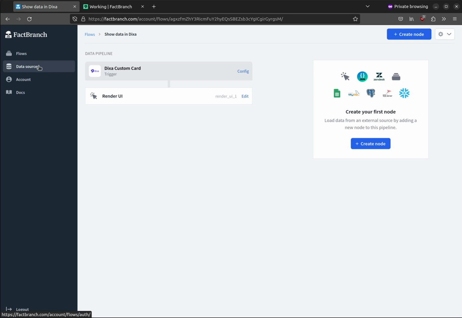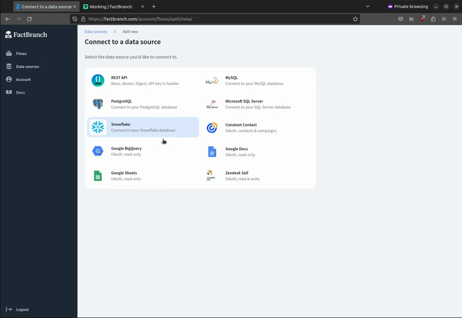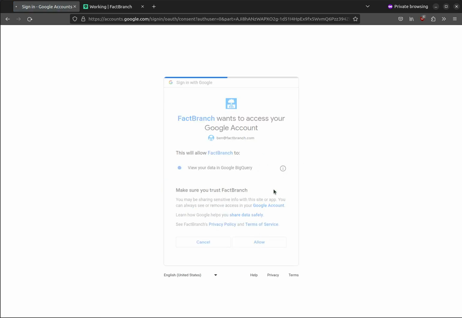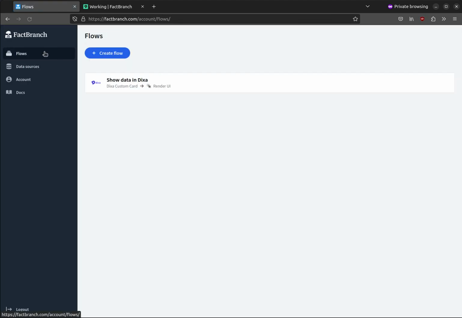So we head to Data Sources, add a data source, and select Google BigQuery. This will forward you to the OAuth flow. I'm going to select my account, allow access, and we're connected. Now if we go back to our flows, our show data in Dixa data pipeline,